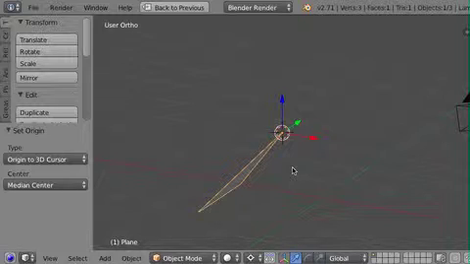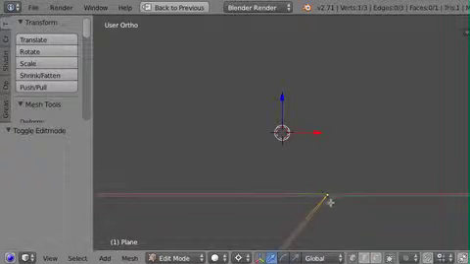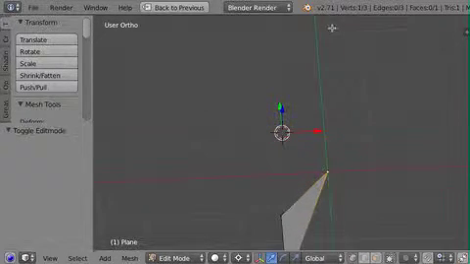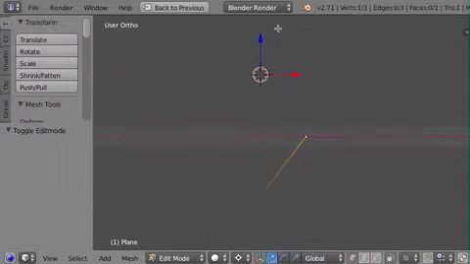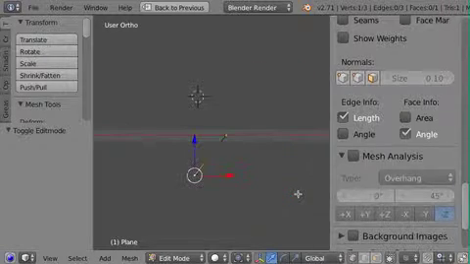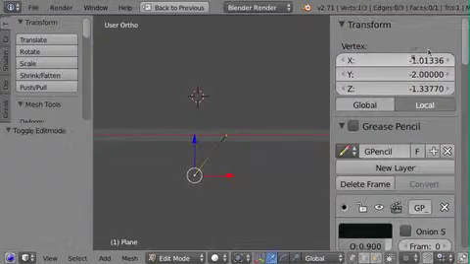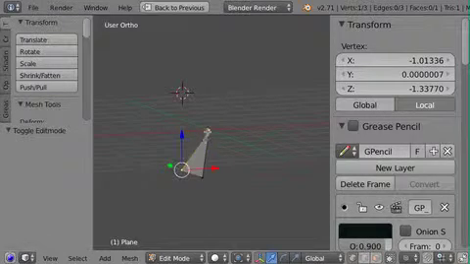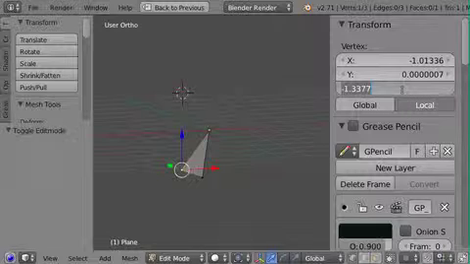I'm going to clear the location with Alt G. So now that point is at the origin, and we just move up a certain amount so that the bottoms are flush with our world plane like we want them to be. The easiest way is to just copy and paste that Z value in our sidebar here where we can see things such as the transform of our vertex that's selected. We'll just look at the Z there, and we'll copy that